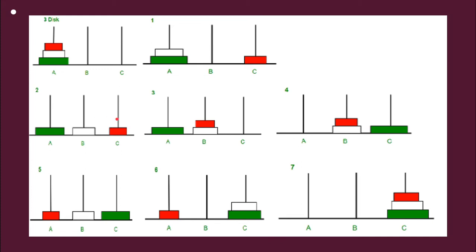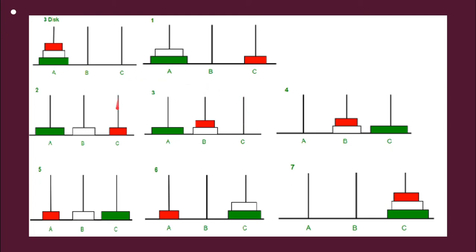Now our destination is this. This is the source, the rod having three disks, and the destination is again rod C having three disks. How can it be done, with all the possible in-between moves? Now we have shifted the disks across all the three rods, and now we have to place the green disk on the destination.